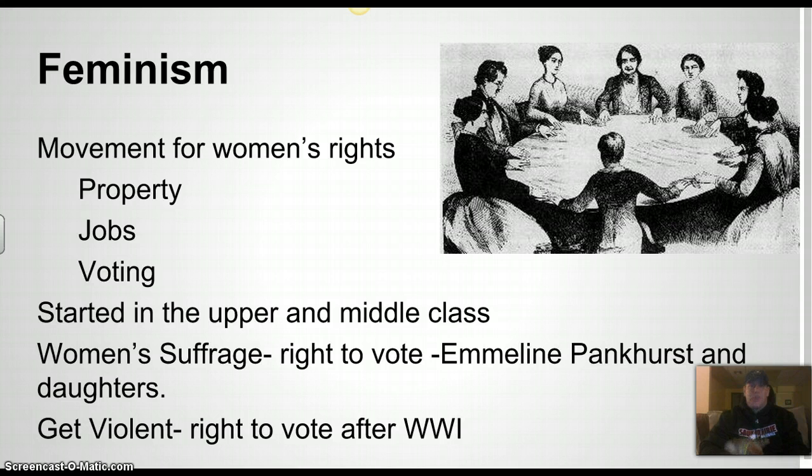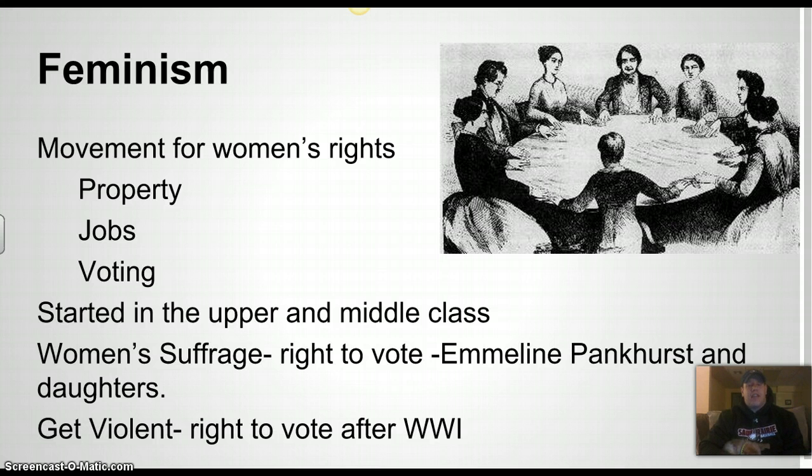And so we start seeing some women, starting in the upper and middle class and then becoming all classes, try to fight to get different rights. The biggest one, first of all, was the right to vote. A lot of women figured if they could get the right to vote, the rest of things would fall in line afterwards. First you get the right to vote, you make political changes, and then you get better jobs, pay, all those things afterwards. Emmeline Pankhurst, whom we will see a presentation on in class, and her daughters after were some of the biggest leaders in this in England.